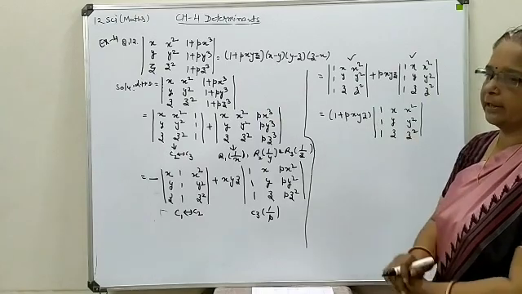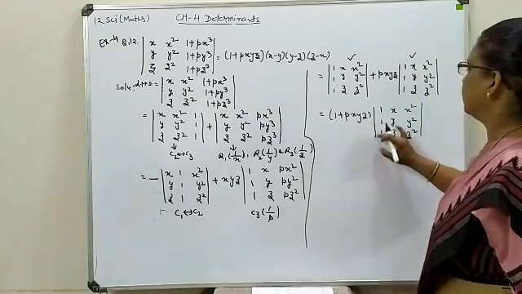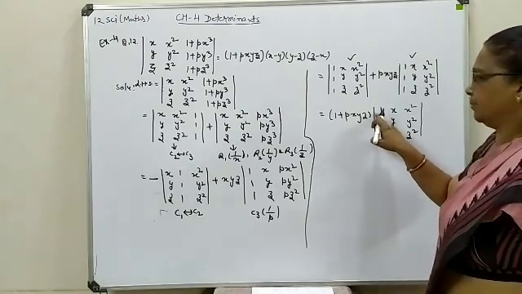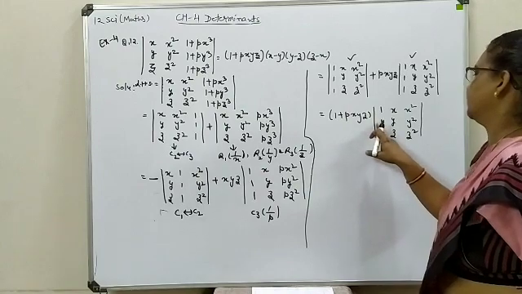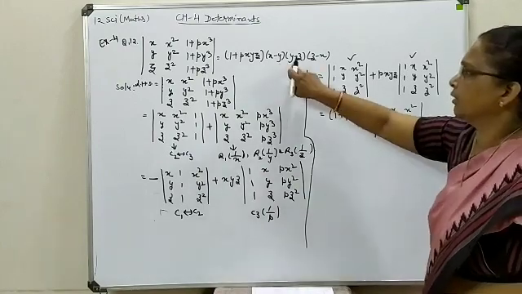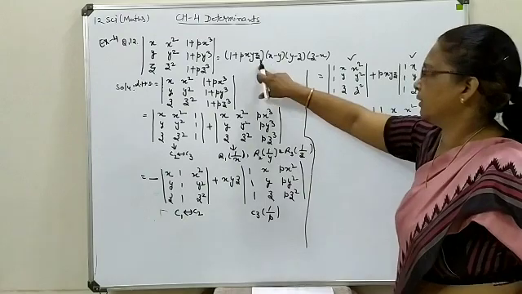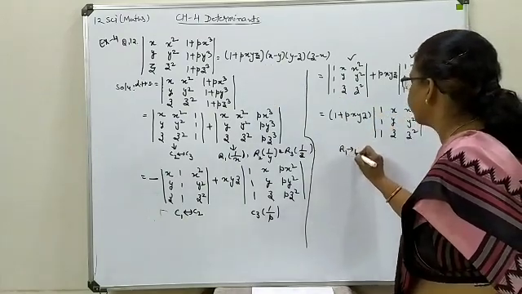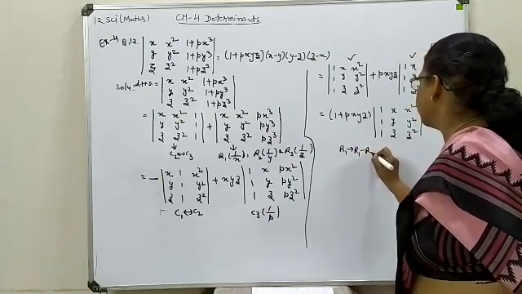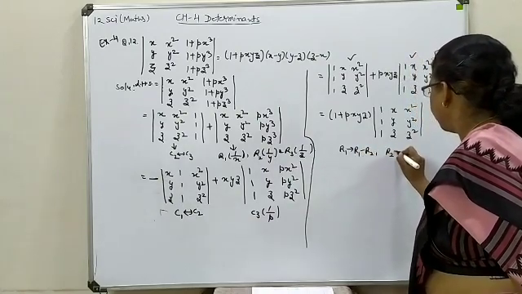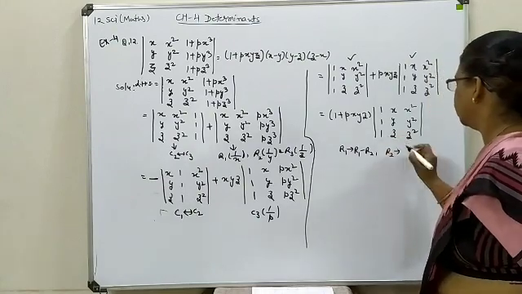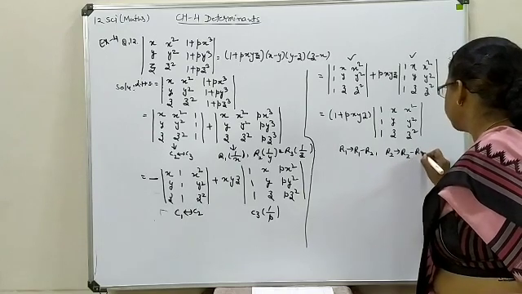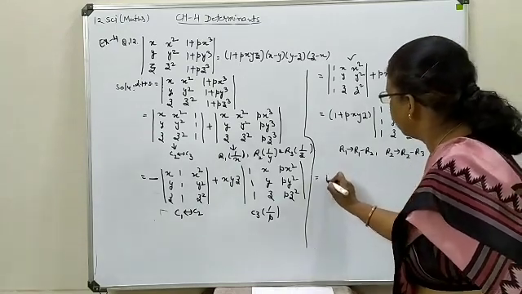As 1, 1 we are having at the first column position, so if row wise you make the subtraction, you will generate the required form. So here second row you will subtract from first, third row you will subtract from second, so you will generate somewhat the required factor form. One bracket we have already produced. So the next property you will implement in the first row. From the first row the second row is to be subtracted. We require a change in the second row, so the third row you subtract from second. So this will be as such.